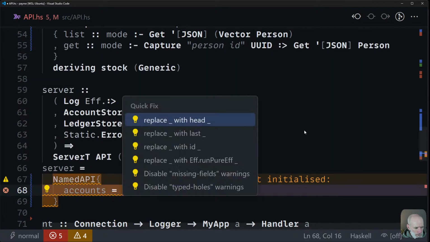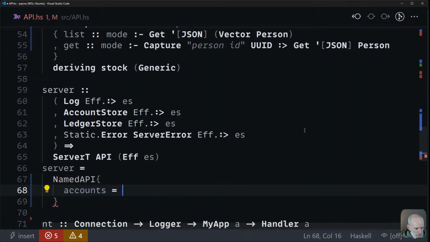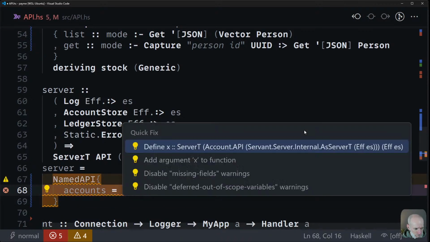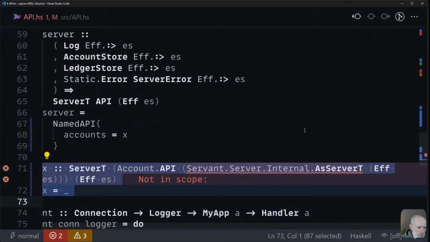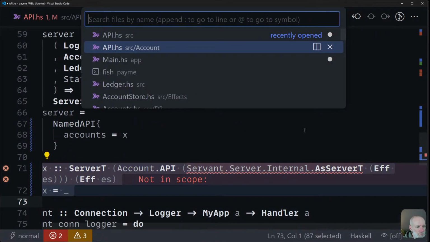And it's a complicated type, and I want it to generate something for me. Let's call it X. So this is the type I want. If I jump back into here,